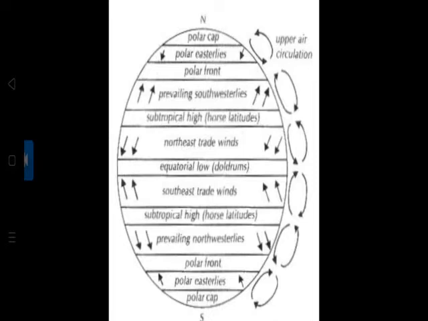At the poles, if you look at the polar caps, north and south, the cold heavy air causes high pressure to be formed. It is also due to the rotation of the earth. In the subpolar region around latitude 60 degrees to 65 degrees north and south of the equator, the rotation of the earth pushes up the bulk of the air towards the equator, creating a low pressure belt in this region.